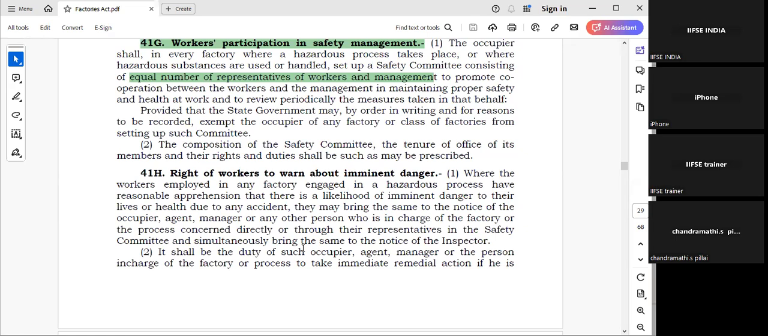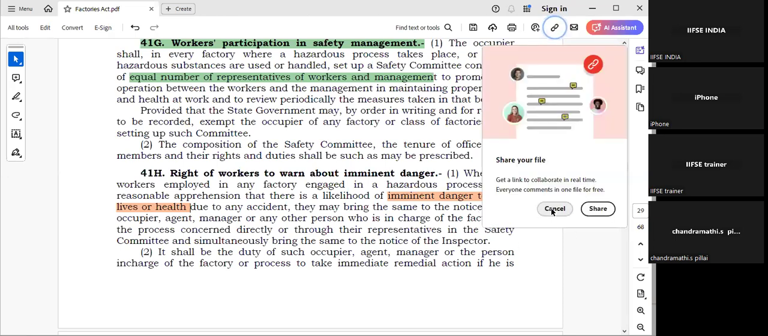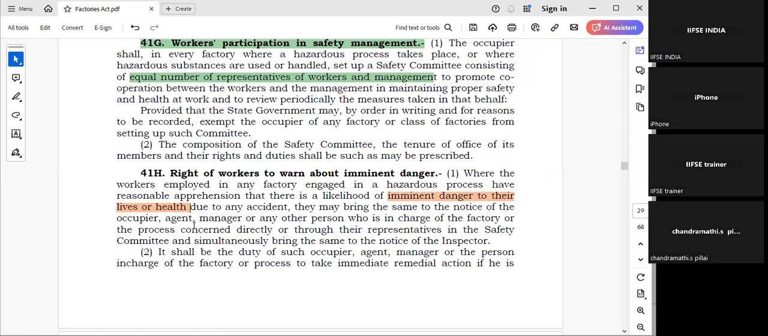They have some rights where a worker employed in a factory engaged in a hazardous process has a reasonable apprehension that there is a likelihood of immediate danger to their lives and health due to any incident. They may bring the same to the notice of the occupier or agent, the manager or any person in charge of the factory or the process concerned, directly or through their representatives in the safety committee, or simultaneously bring the same to the notice of the